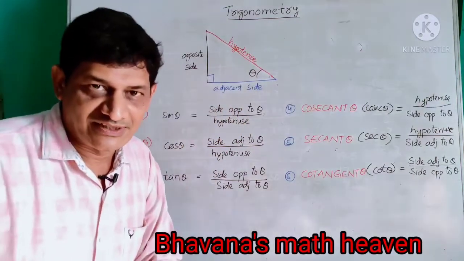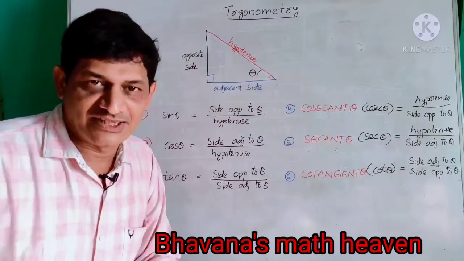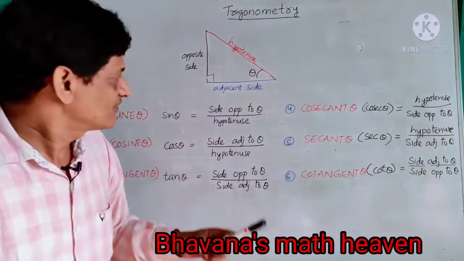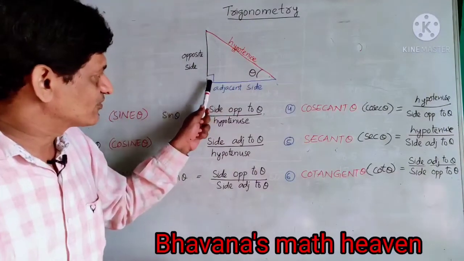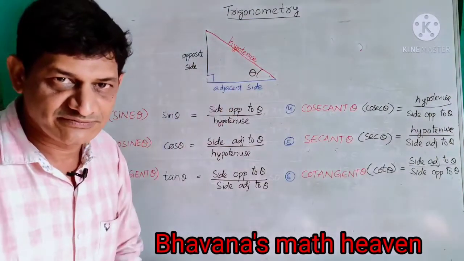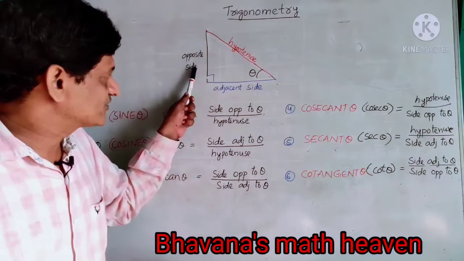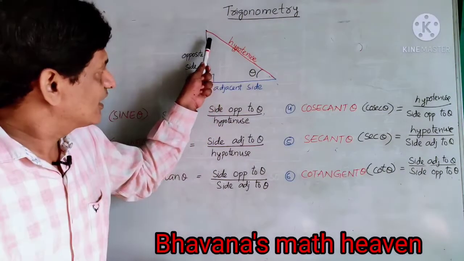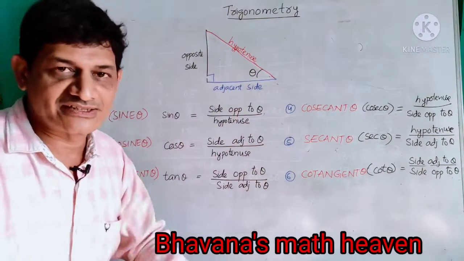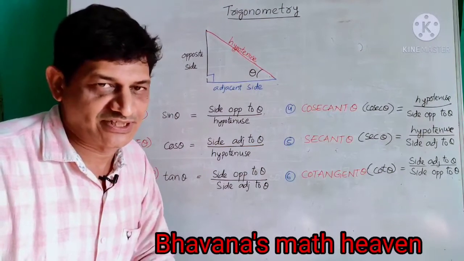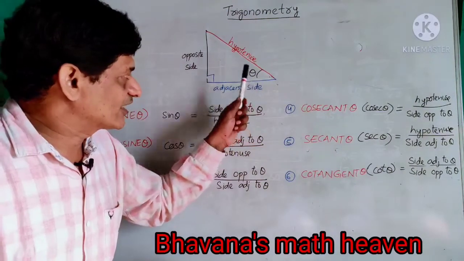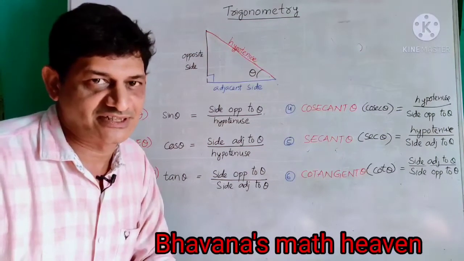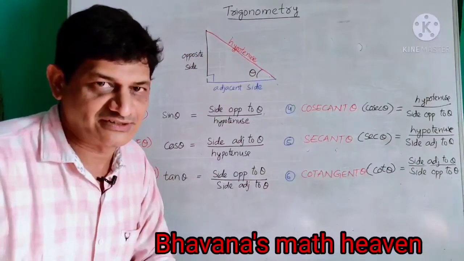If you take a right angle triangle, what is meant by right angle triangle? The triangle in which one angle is 90 degrees is called a right angle triangle, and the side opposite to the right angle is called the hypotenuse, and the two sides containing the right angle are called legs, and the two remaining angles of a right angle triangle are acute angles. If we take one acute angle as theta, generally it is a Greek letter. Angles are generally represented with Greek letters.